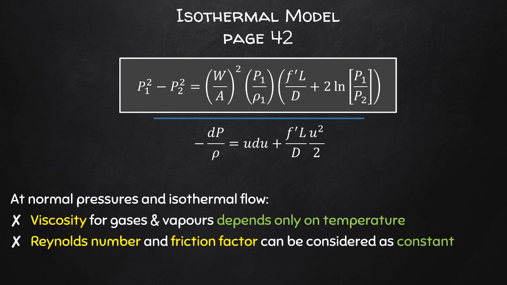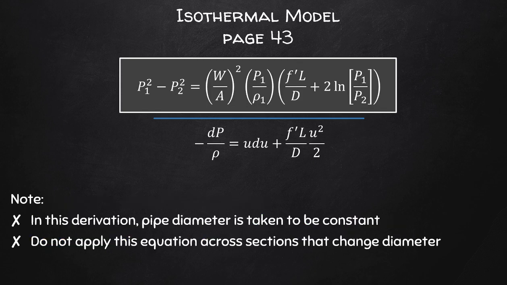At normal pressures, the viscosity of a gas is only a function of the temperature, and therefore the Reynolds number as well as the friction factor can be treated as a constant in this case. And this is very useful in terms of calculating the friction factor. All right. But you can also remember that it is only so that